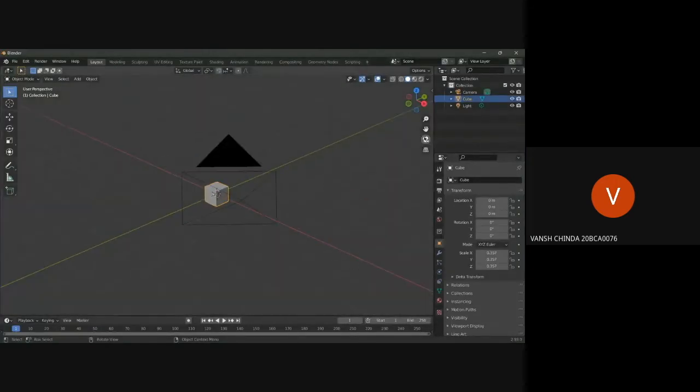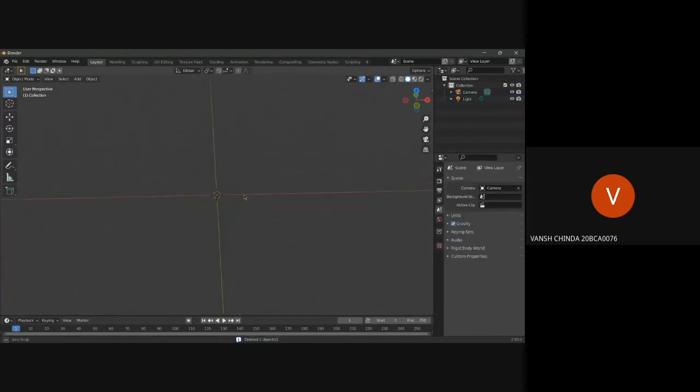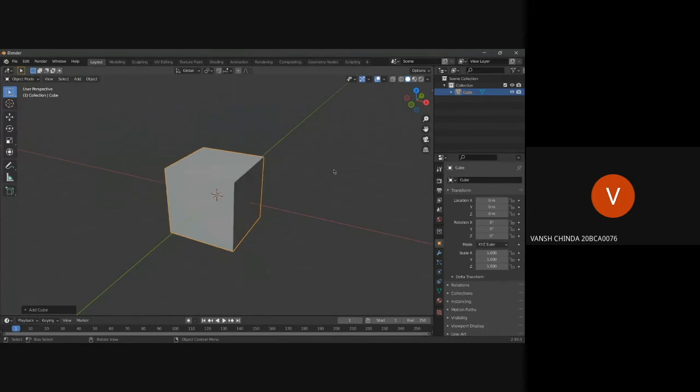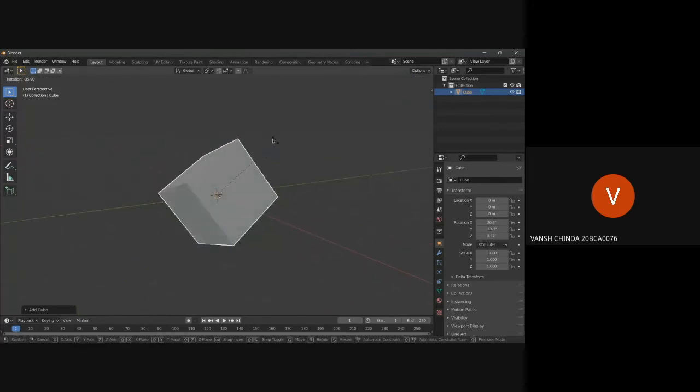So let's start creating something in Blender. I'll just delete the base cube, and let's think of what we want to create. Let's create an abstract cube. We'll first delete these two. We don't really need the light and camera in Blender; we'll add them in code later. And let's add a cube, and we'll try to rotate it.